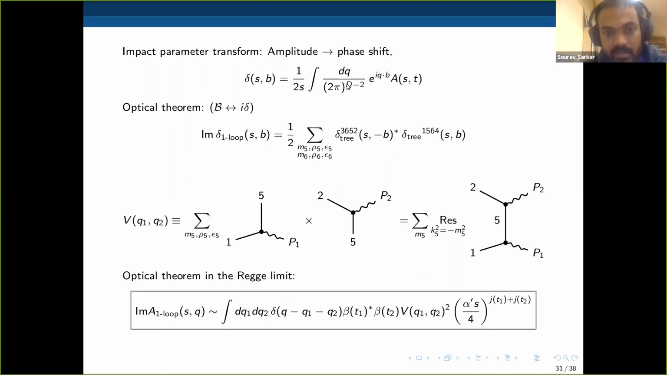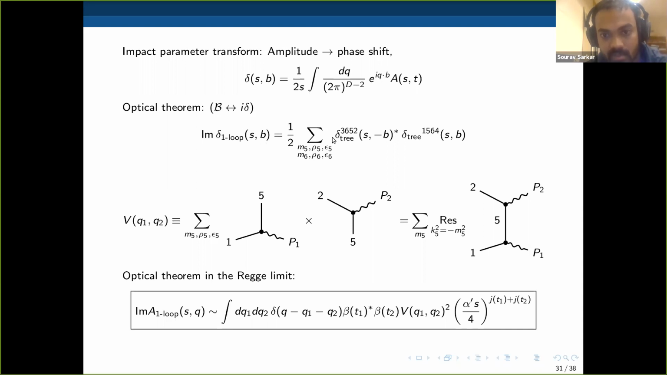The impact parameter representation in flat space gives us the phase shift. The impact parameter transform is a Fourier transform over the transverse directions. So this delta is the b that we had from the impact parameter transform in AdS; it is the AdS analog of the flat space phase shift. And we can also show that the optical theorem in this impact parameter space in the